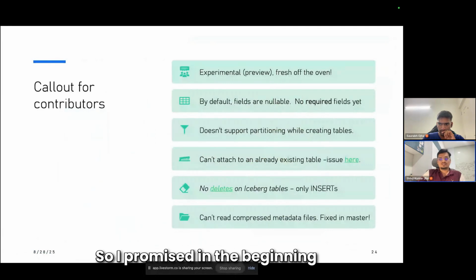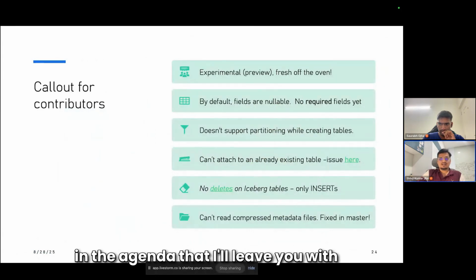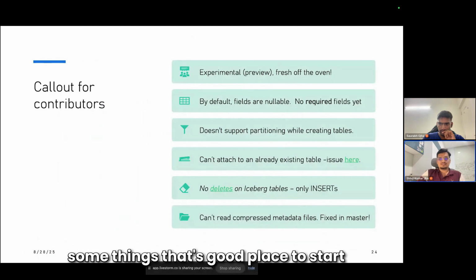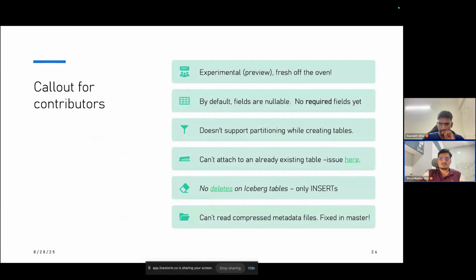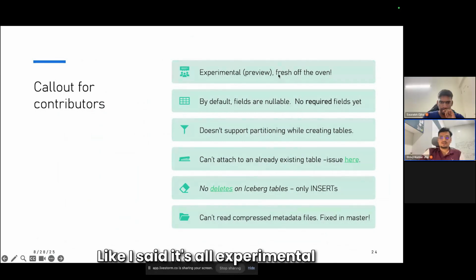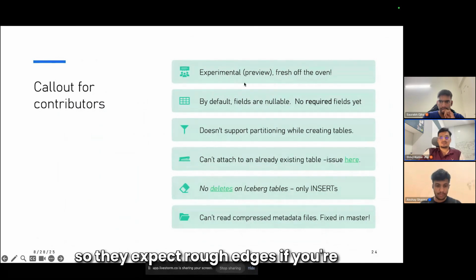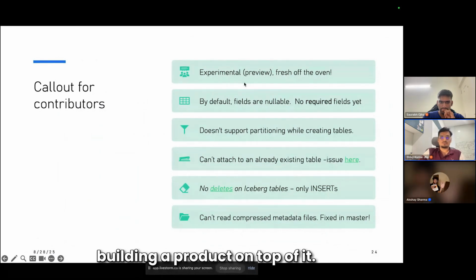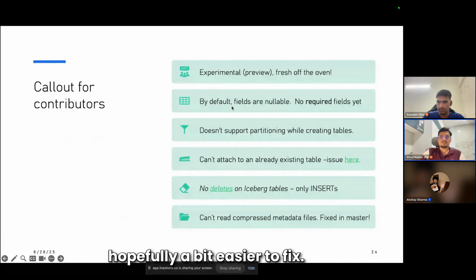So I promised in the beginning in the agenda that I'll leave you with some things. That's a good place to start looking at open source contributions. Like I said, it's all experimental with ClickHouse integrations. So there, expect rough edges if you're building a product on top of it. For instance, there are some smaller problems, which I would guess are hopefully a bit easier to fix.